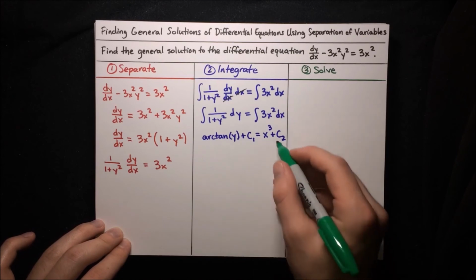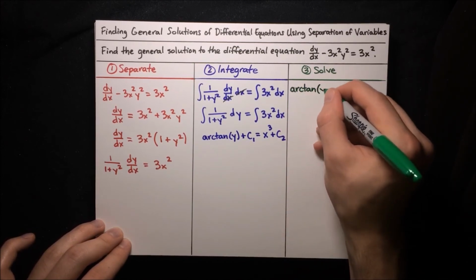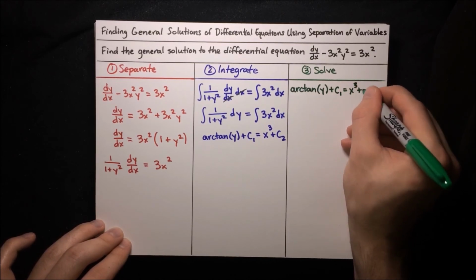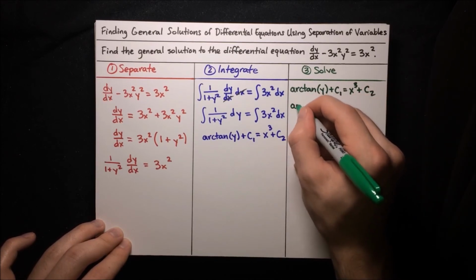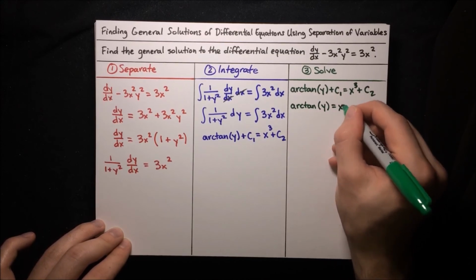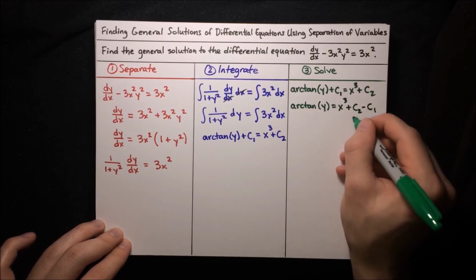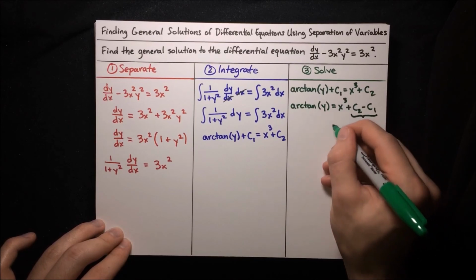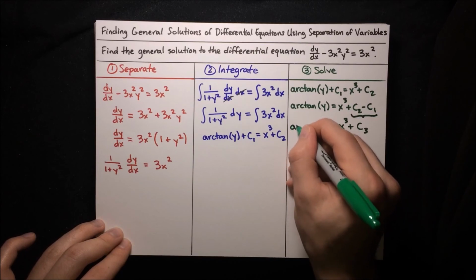And lastly, we solve. So let's write this again. Arctangent of y plus c1 equals x cubed plus c2. Let's isolate this arctangent of y term. So arctangent of y equals x cubed plus c2 minus c1, and we can lump these constants together into a single constant, c3, so we'll have that arctangent of y equals x cubed plus c3,